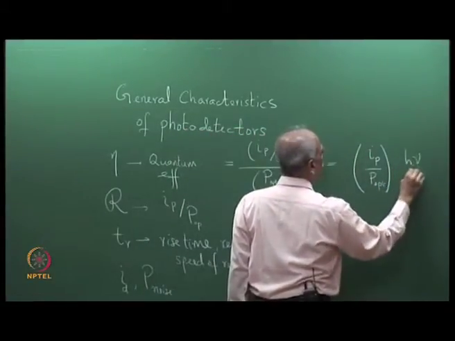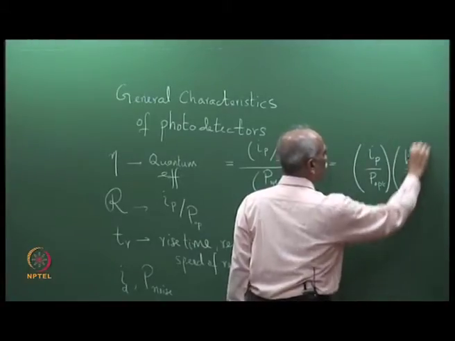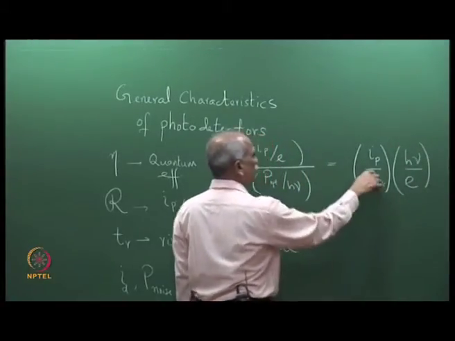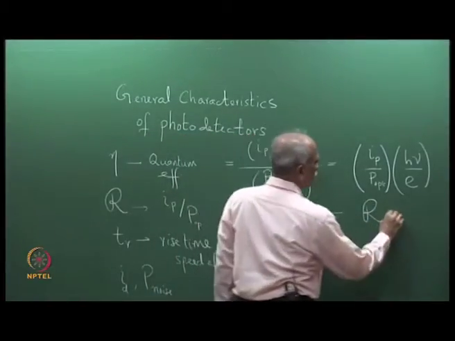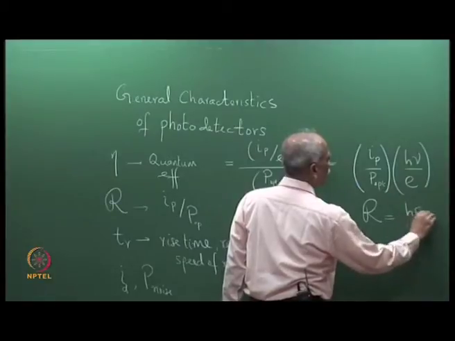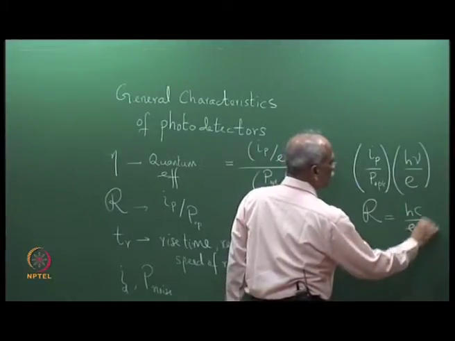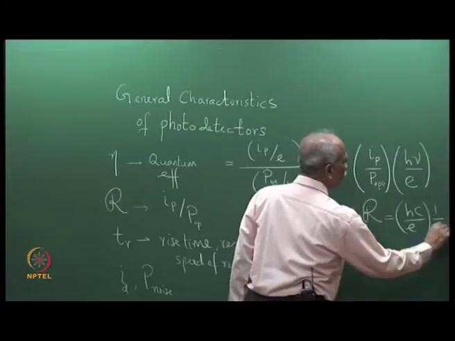So, we have h nu by E here, which is also equal to, this is the responsivity R, this is equal to h c by E into lambda, 1 over lambda,